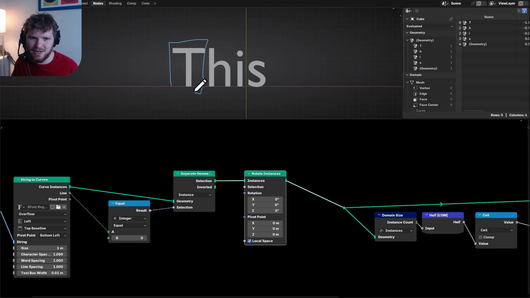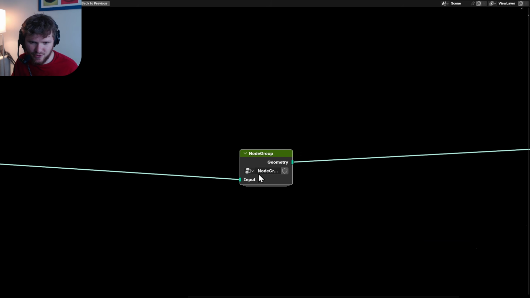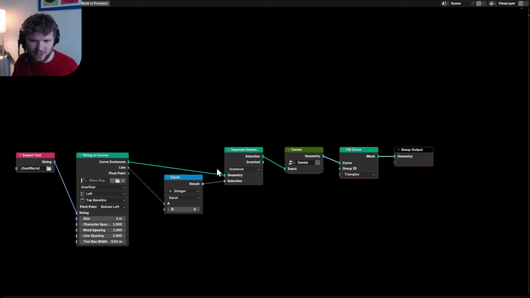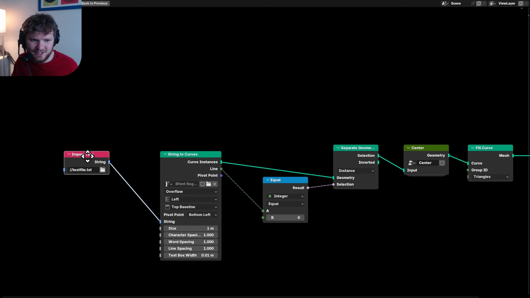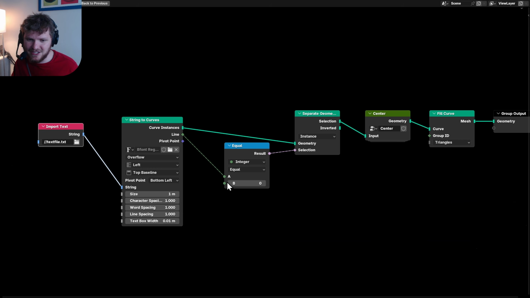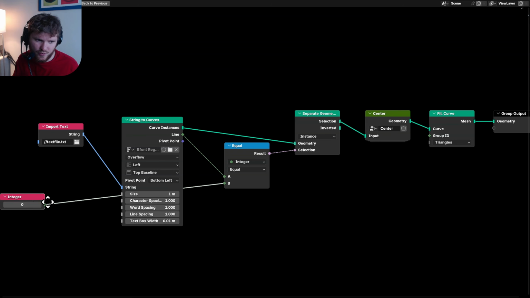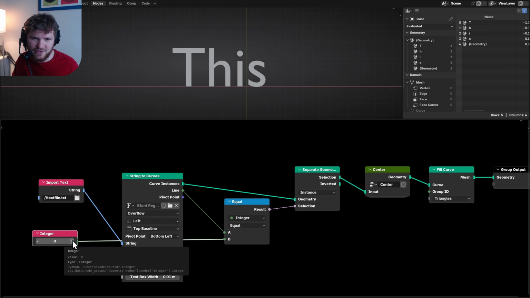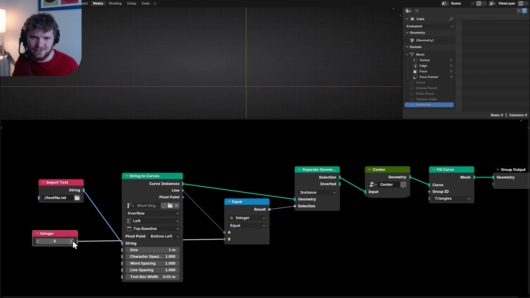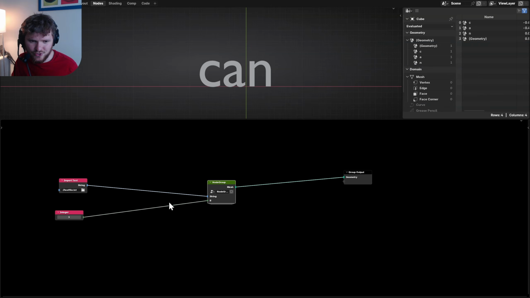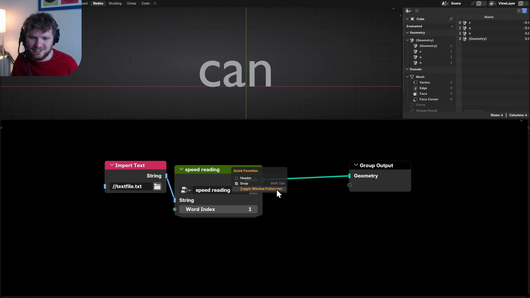If this had a bounding box, it would be in the bottom left corner. All of this right here just moves our text and calls it center. And then really the only thing that matters is what text do I put inside of here, and then this integer right here, which tells us which word, which line are we talking about. So this can be absolutely anything. Take all of this, make it a node group, and now because this is working, we're gonna need some longer